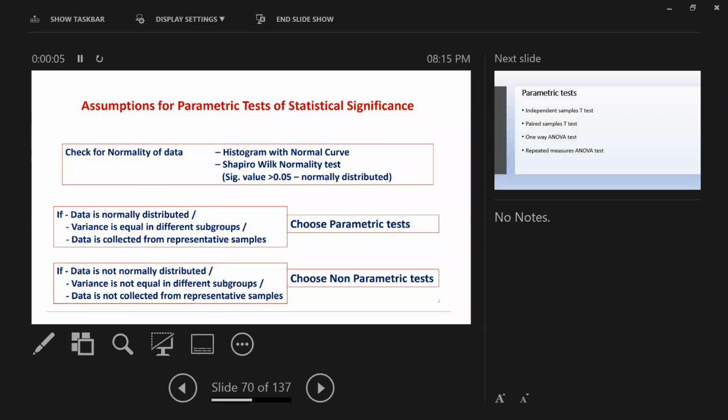There are some assumptions for parametric tests of significance. The first one is to check for normality of data. Last class I told you we have to see the normality first, then decide which test to go for, whether it is a parametric test or non-parametric test. So check for normality of data, either with a histogram with a normal curve, or we can do a normality test with the Shapiro-Wilk test. According to me, this is the most appropriate normality test rather than